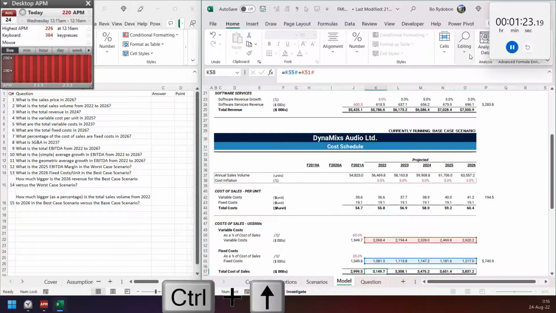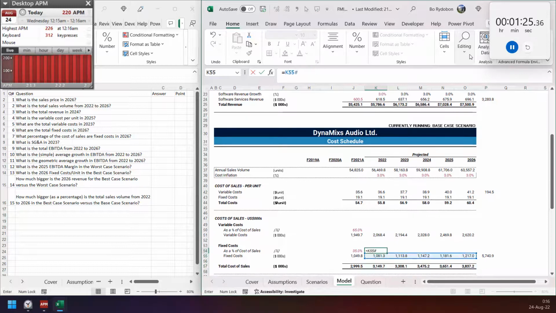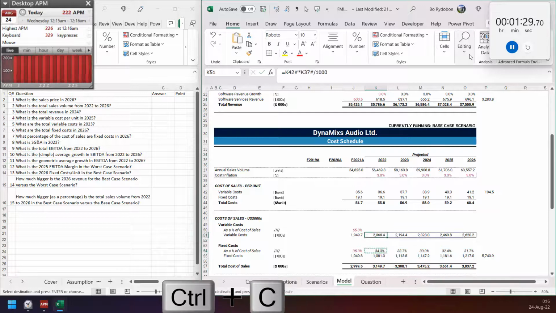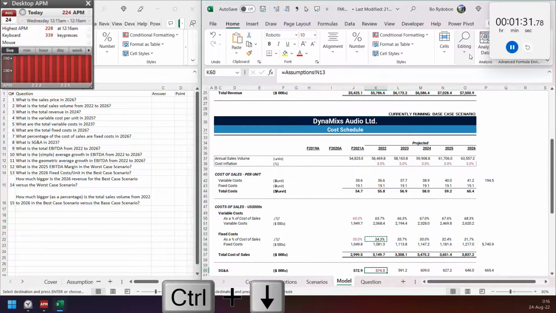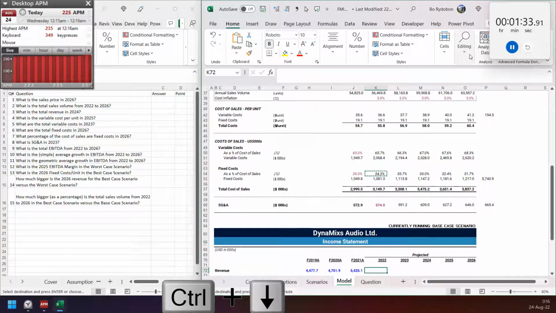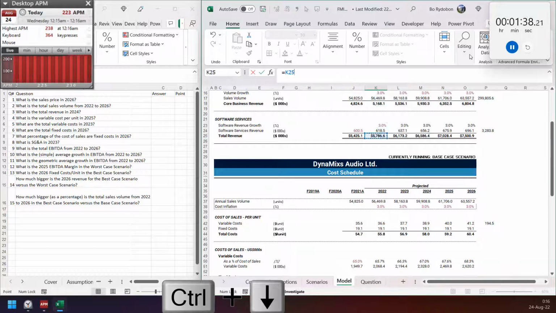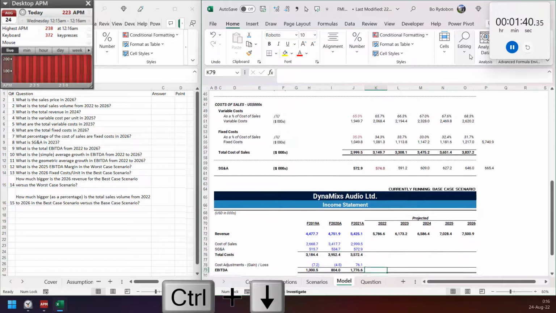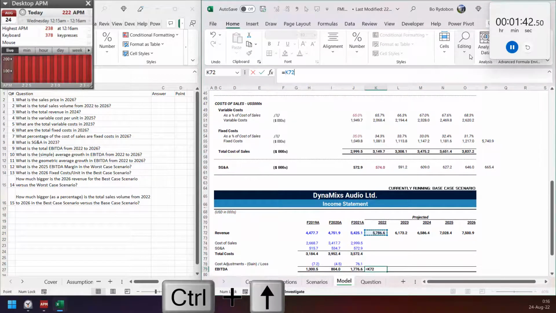just plus the two costs here, and then percentage of each cost, just divide by total cost, copy above. Then revenue from above. Then I'm going straight to EBITDA, which is revenue minus cost of sales minus SG&A